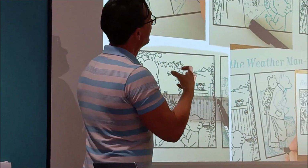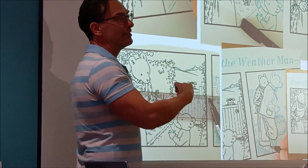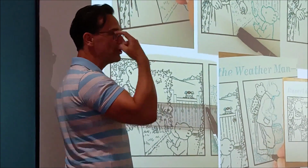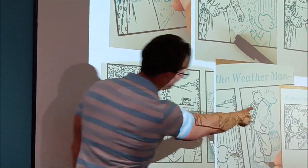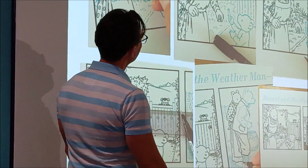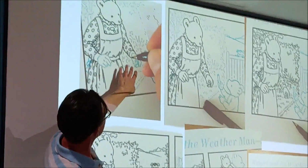So you have to be really aware of the position of the head and what you're drawing, not just putting a dot for the eye. You have to be aware of what shapes you can see and what you're drawing. So I changed my mind on Mrs. Bear's eyes a few times as I was going. But yeah, so that's me drawing her hands in,